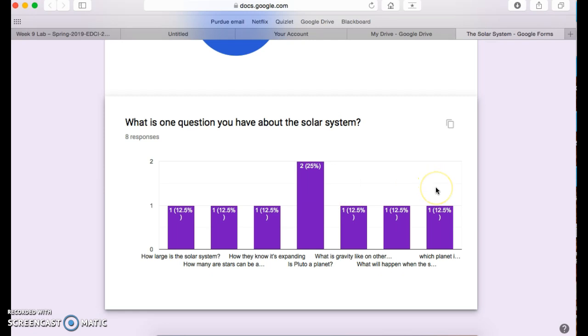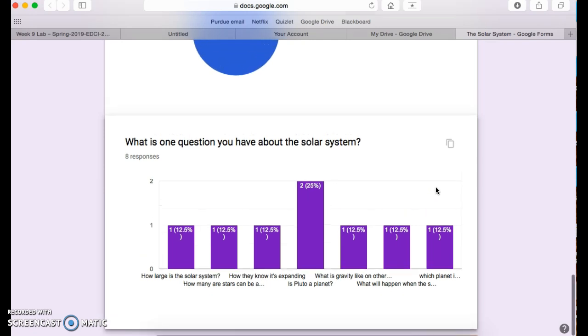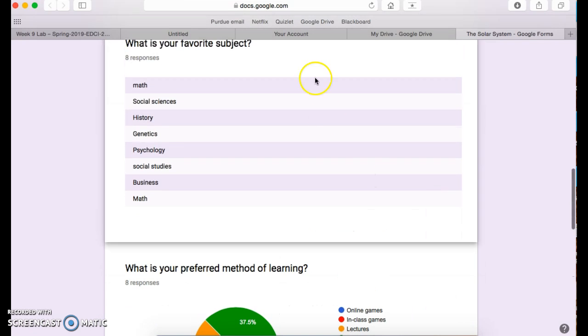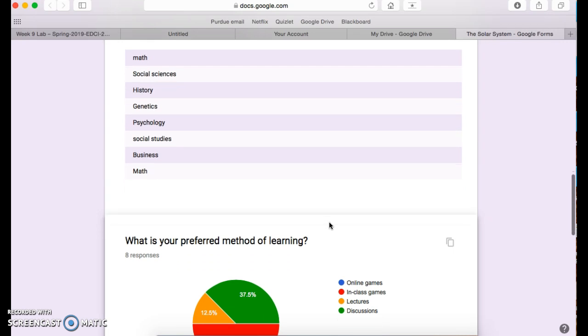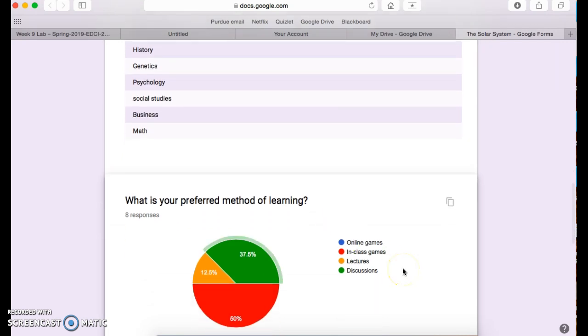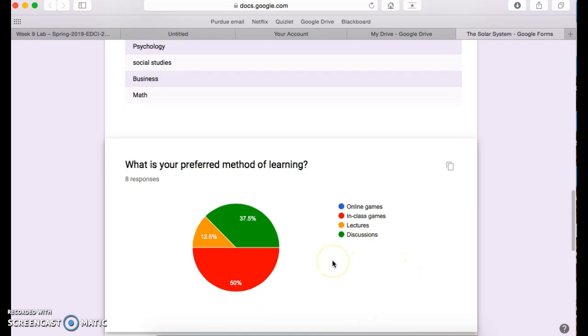But as you can see, I kind of like the list method better, so you can just view them. However, if multiple people ask the same question and they were all completely different, then I think the bar graph would be more useful. I really like the circle graph because you can see that the majority of the responses